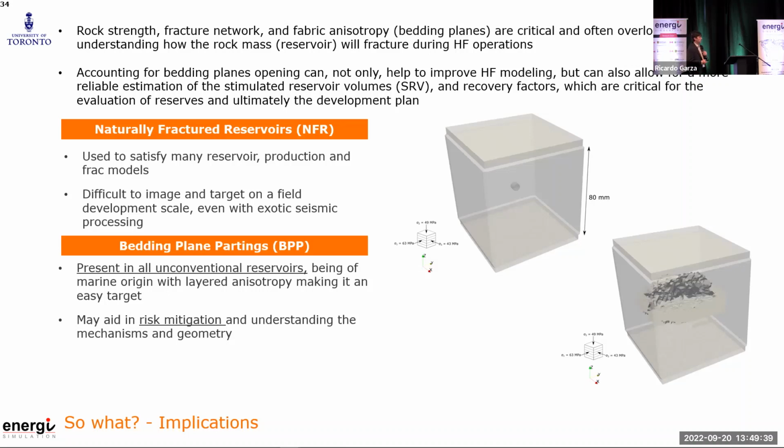From all this work that has been done by an amazing team at the University of Toronto, what we noticed is that the rock strength, the fracture network, and the fabric anisotropy, and in particular the presence of bedding planes, are critical, but are often overlooked by industry, and these are fundamental in understanding how the rock fails during injection. So the key is that the bedding planes are everywhere in any shale formation. It's part of the sedimentation process that those rocks have